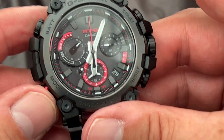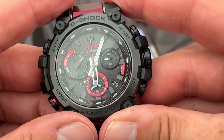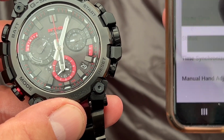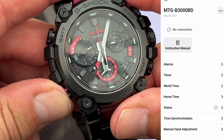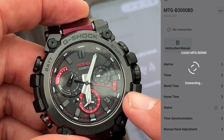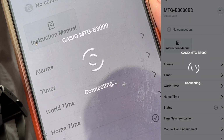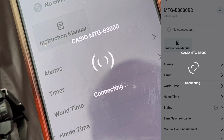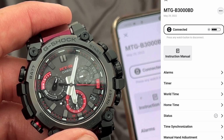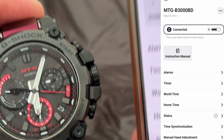And of course you can set your timer on the watch as well. So you can do that for timer and alarm. And if you want to do something else, press and hold bottom left. Let it go to C to connect to phone. Connecting. Connecting. And then that goes to C. So now